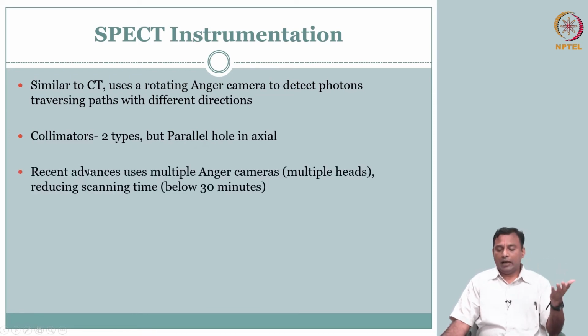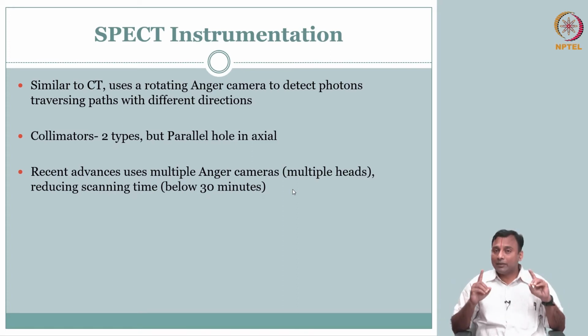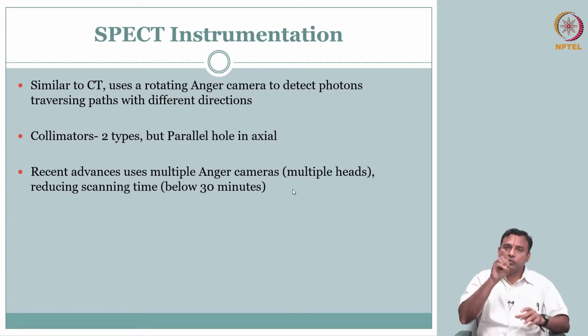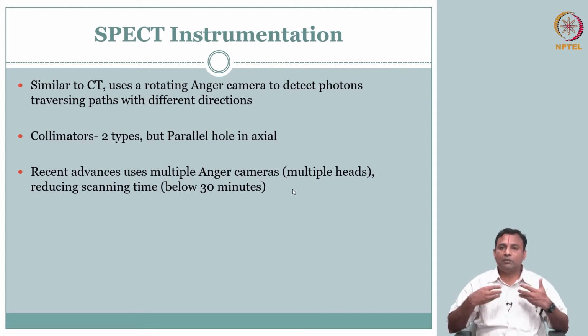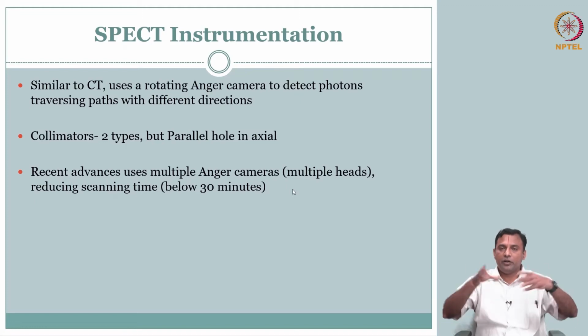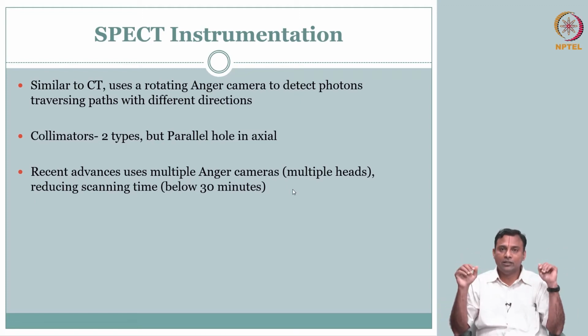I showed you an example of two heads. You could have more than two heads, but it depends. The radioactivity per se, unlike in your X-ray projection radiography where you excite the source when you want, you move, excite the source, you move, excite the source, rotate, excite the source, whereas here the radioactivity is there inside the body, you have prepared the patient. So the radioactivity is sent in different directions. In some sense, the signal is coming on. It is how fast you can capture from different locations, that is the key.